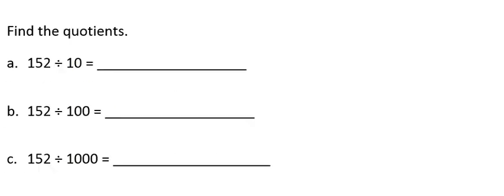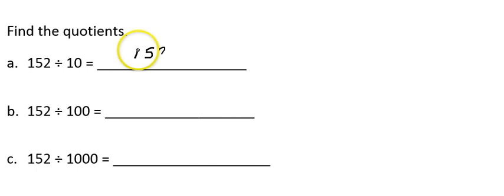We can use a similar process to divide by powers of 10. So I start with 152 divided by 10. Again, if I think about my place value chart, when I divided by 10, I moved each digit one place value to the right. So my answer here,